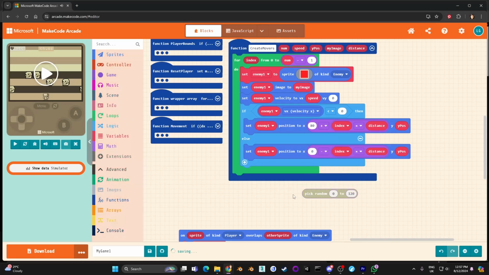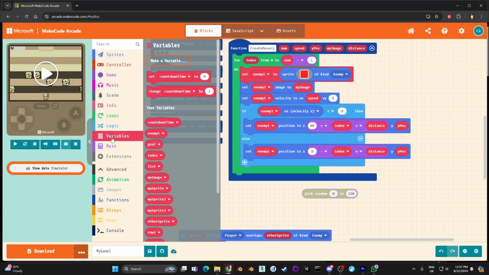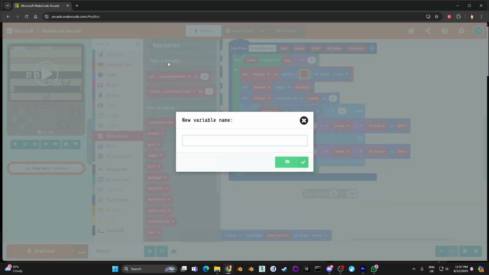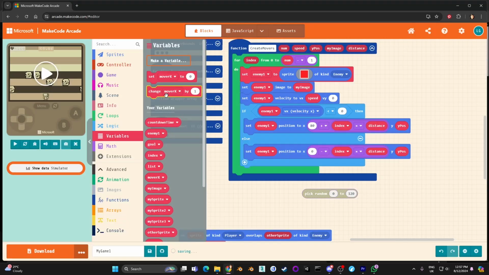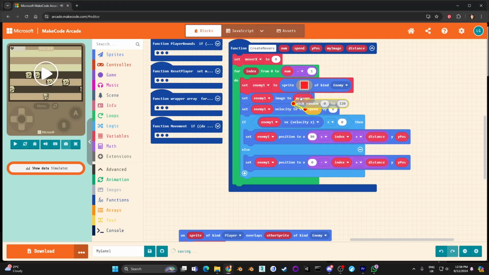So what we need to do is have the random value just be picked once at the very start of the function. So we'd say make a variable and we'll call it mover x. We say set mover x to be random between 0 and 120. Well,